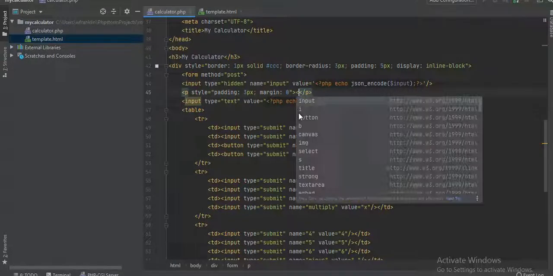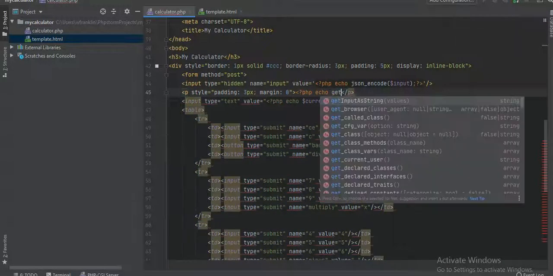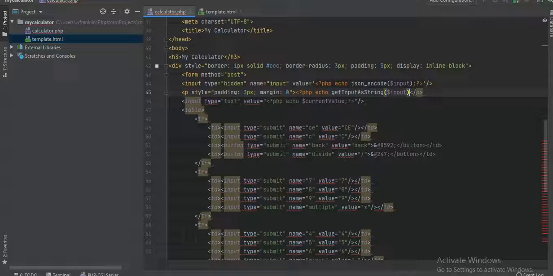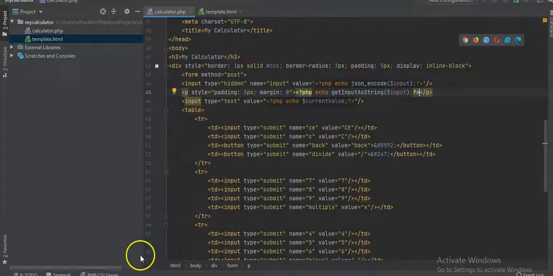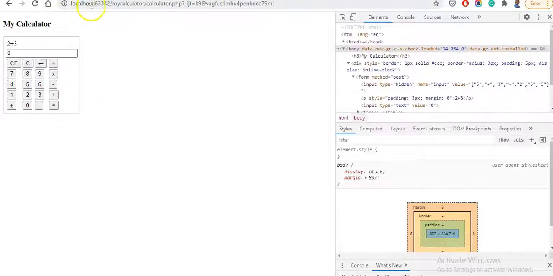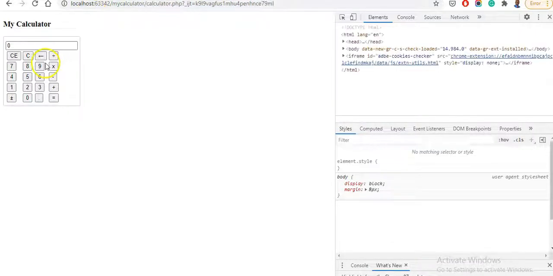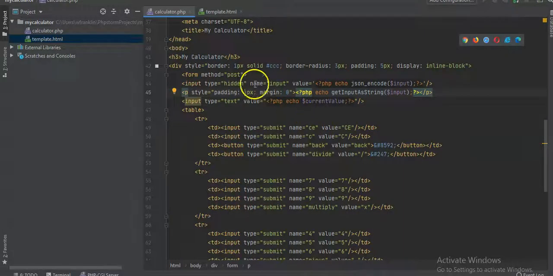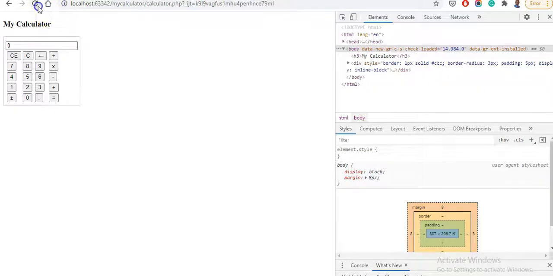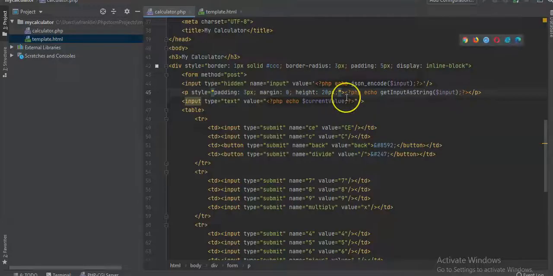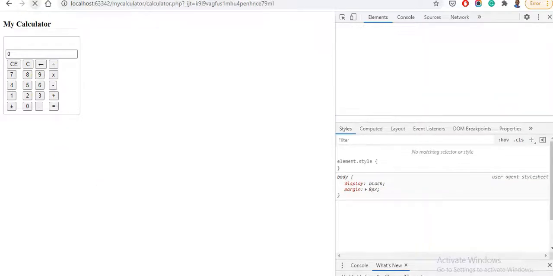And we just get input as string and we pass in the input. So that should show us exactly, so right now the input is empty. We don't want that to happen, so we want to give it a height. Let's say the height is around the same size as the text, so we put it at least 20. That should be min height. Yeah, so the minimum height is 20, so we don't want that to change,